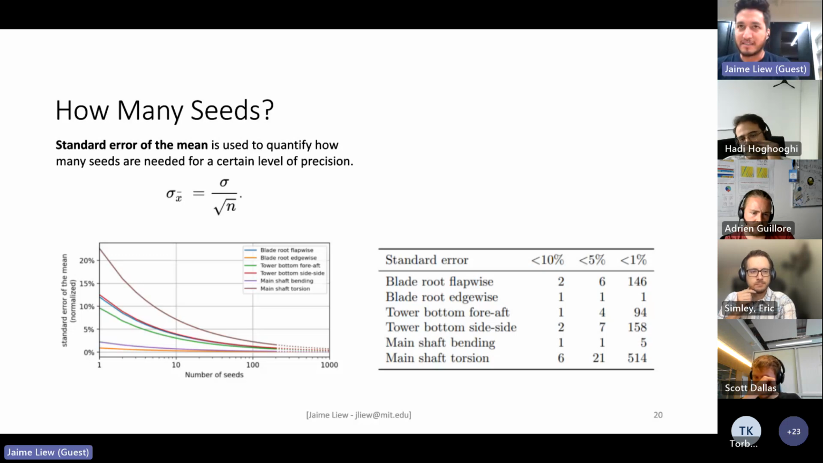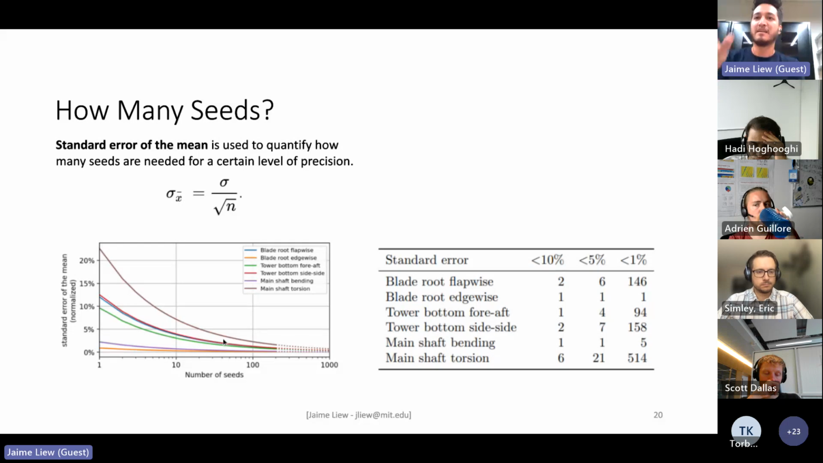Yes, and then the other question was how many seeds. So we can look at the standard error of the mean for this. We can estimate the standard deviation of these damage equivalent loads based on all of our 200 simulations of our highest resolution simulations, and from that we can estimate the standard error of the mean, and we can see that you never actually converge. You can only get closer to a converged value, and so from here we can kind of define what it means to be